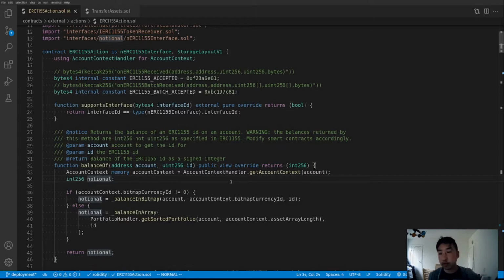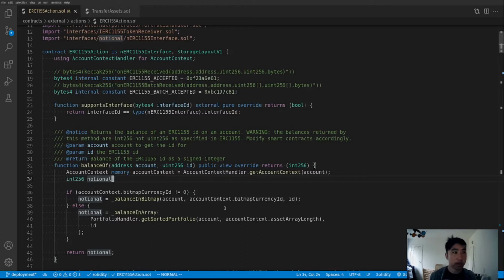dates in the future, and that becomes very unwieldy to model as ERC20 if each one of those maturities needs to be an individual ERC20 token, right? Then you just have many different contracts, and it doesn't scale very well. So ERC1155 makes this a lot easier for us. There's going to be one contract always that users can interact with to transfer Fcash assets and liquidity token assets, and they will be identified by